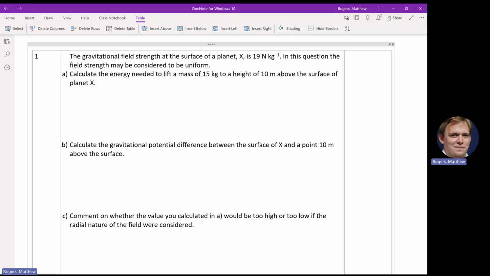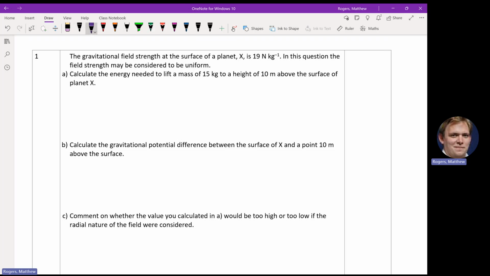Question 1. The gravitational field strength at the surface of a planet X is 90 newtons per kilogram. In this question, the field strength may be considered to be uniform. Calculate the energy needed to lift a mass of 15 kilograms to a height of 10 meters above the surface of planet X. So we're just using the idea that the energy transferred is equal to mg times the change